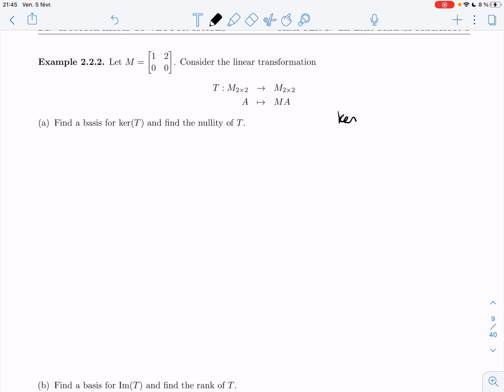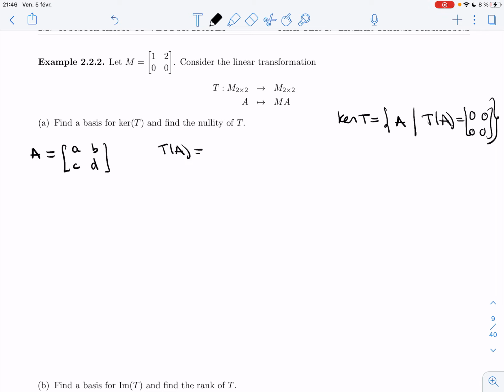to remind you that the kernel of T is every matrix here, 2 by 2 matrices, so that T of A is 0. This is the 0 matrix. All right, so what I'm going to do is take A to be a matrix [a, b; c, d], and then I'm going to look at T of A. T of A is M times A,